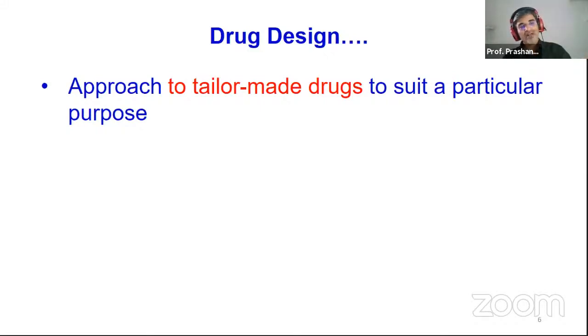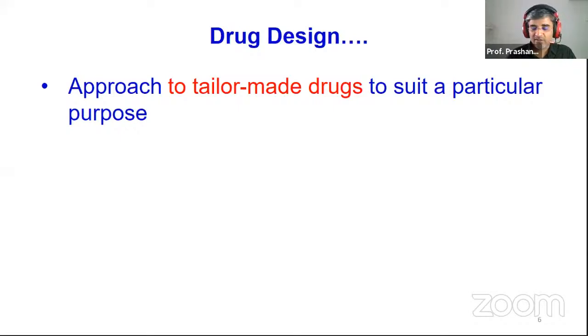So you target that protein or whatever macromolecule is involved. You develop a particular moiety, a small molecule for that matter, which will go and sit there, and it will disrupt that pathological process. So that's where the tailor-made comes into the picture. This is where drug design helps you, right? And again, it depends on what information you have about the disease process and the proteins or targets which are involved in the disease process against which you are likely to develop drugs.